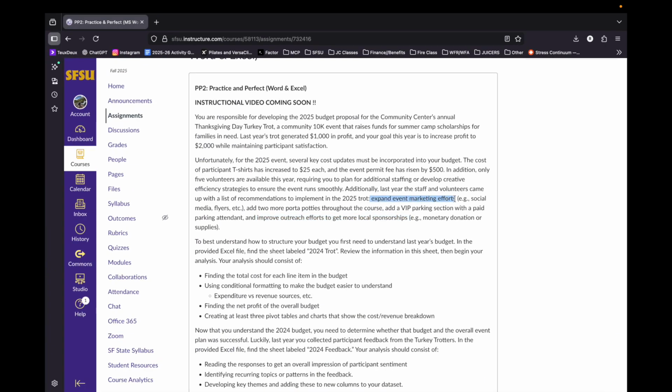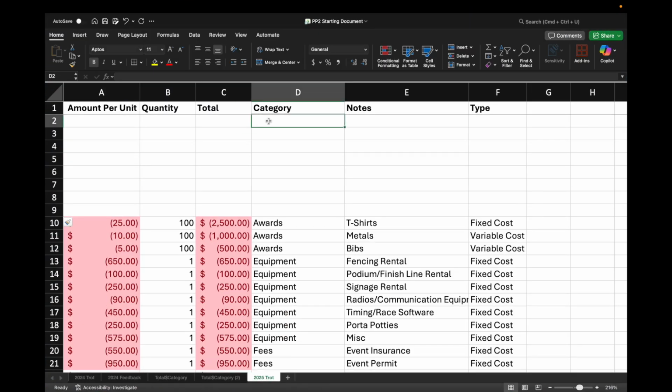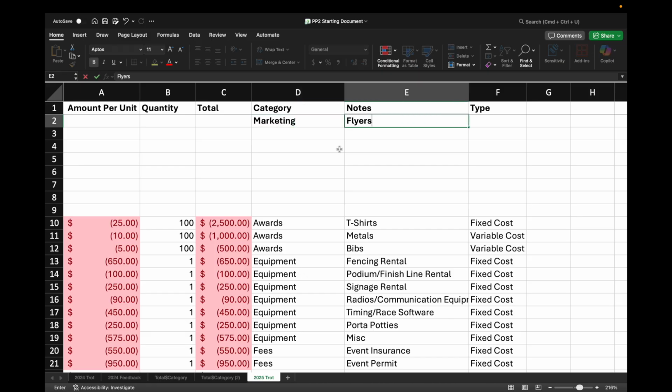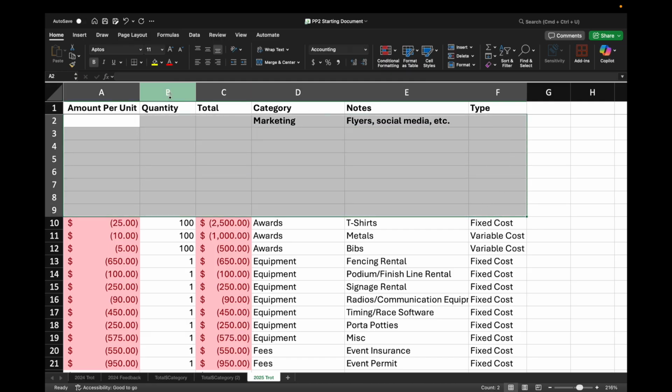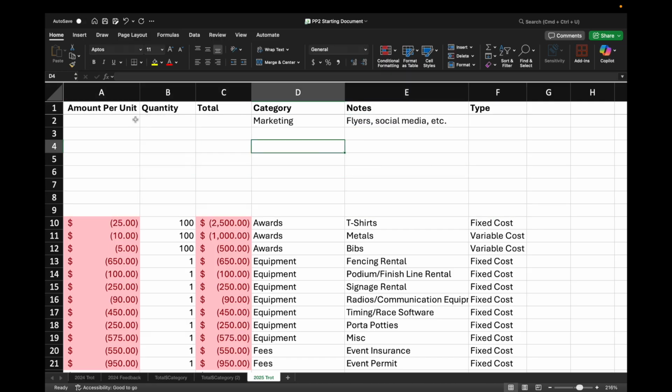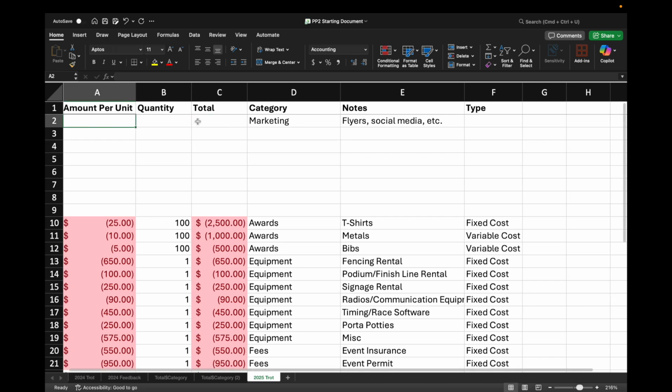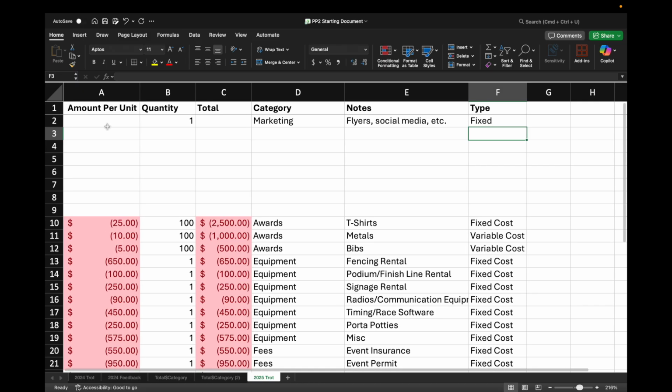So first things first, we're going to take care of making some space to expand our event marketing efforts. So I'm going to add in category here is marketing. And this will be for things like flyers, social media, etc. And then from there, we're going to have to figure out how much something like this might cost. So we're probably going to only have one fixed cost with like a marketing agency or one of our staff members.